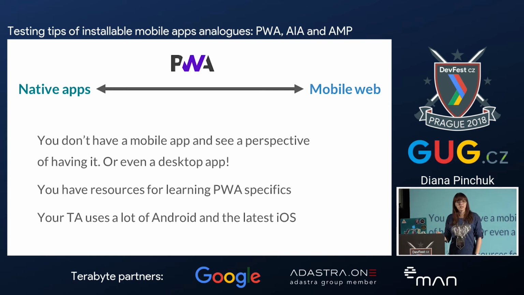You need to know that your developers would need to spend some time learning service workers and different stuff for creating a progressive web app. And it suits you if your target audience works on Android, because iOS doesn't fully support progressive web apps and the user experience could be a bit broken.